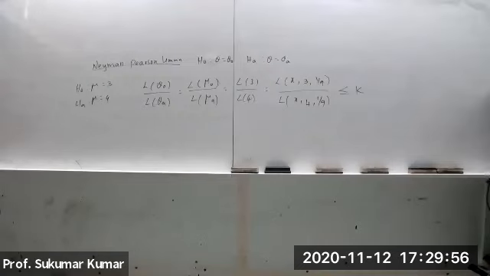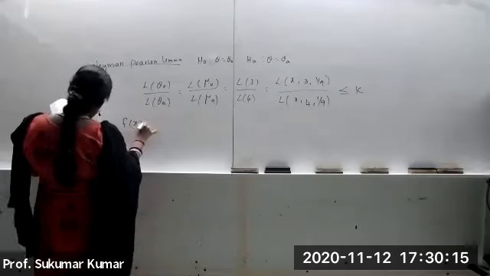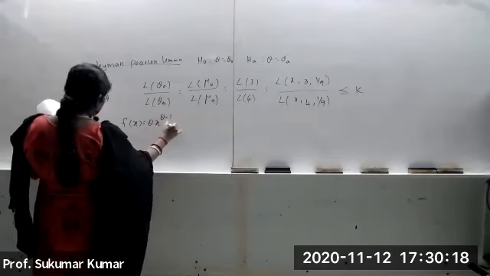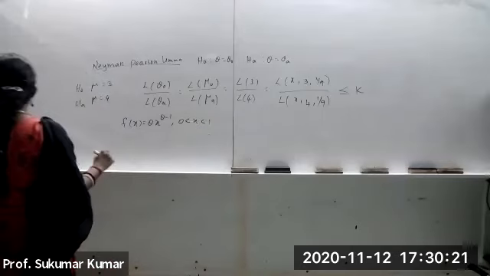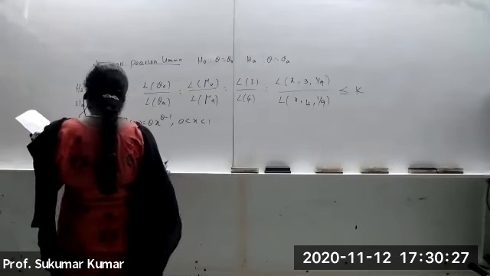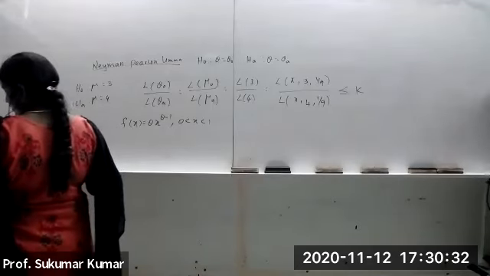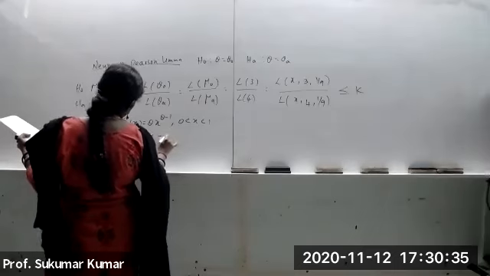I will check the Neyman Pearson lemma, ma'am, I have some doubt. Write another question. Suppose x is a single observation from a population with PDF given by f of x equal to theta x power theta minus 1, for x from 0 to 1. Find the most powerful test with the significance level alpha equal to 0.05